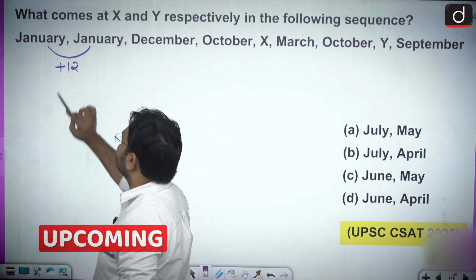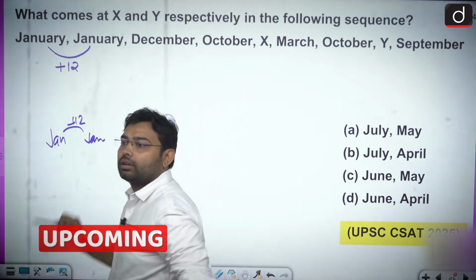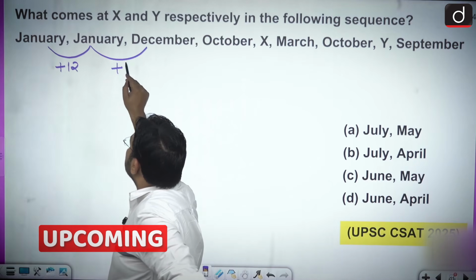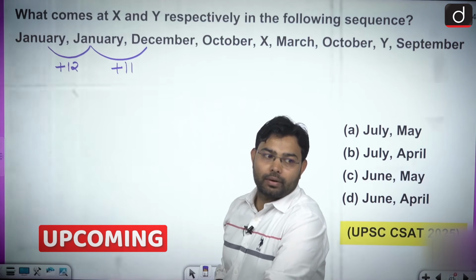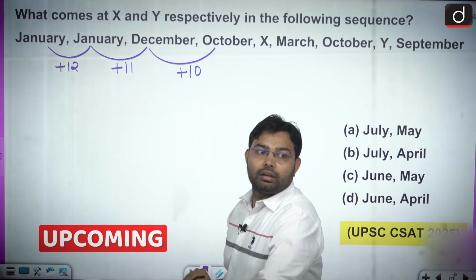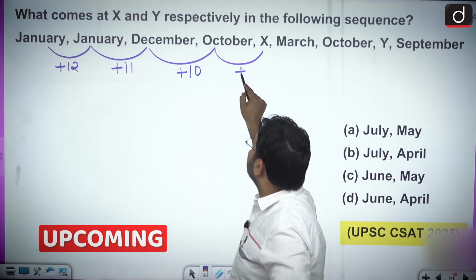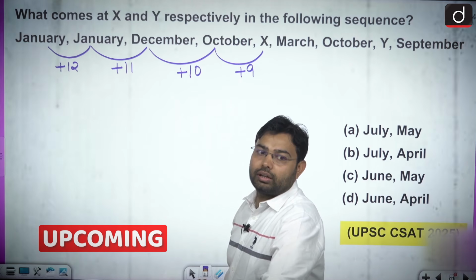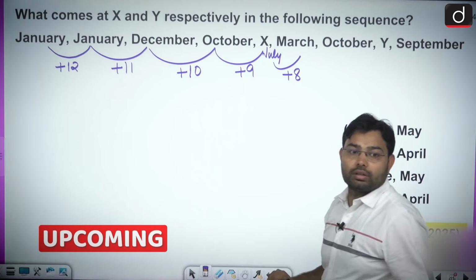If we add 12 in this, January plus 12, then you can say again January. No doubt. And if you add 11 in this, you got December. No doubt? Then December, if you add 10, you will get October. Then in October, if you add 9, July, and plus 8, March, plus 7,